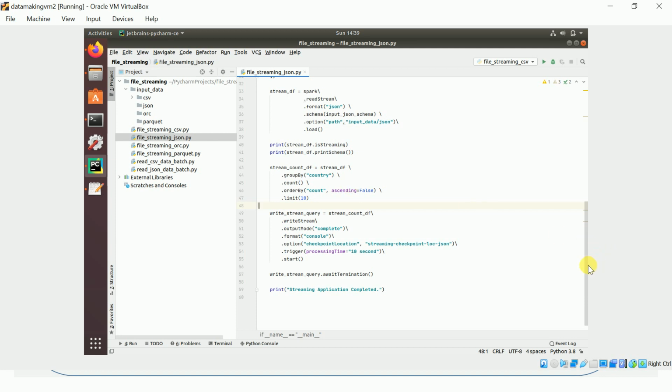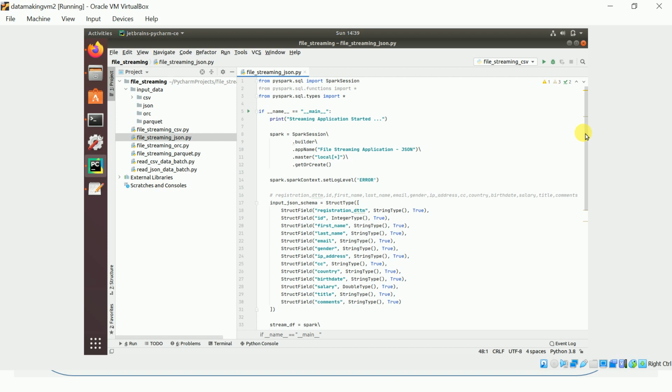In this program I am introducing a few more things. I imported the necessary packages and created a Spark session object. Also, I forgot to tell you in the previous program, we are setting the log level to error. By default it will show you all info logs, so you'll see a lot of logs in your console, which is very hard to read. So I set it to show only the error logs. How do you set it? Spark session object dot spark context dot set log level as error. So only if an error comes, it will show you; otherwise, it will not show info logs.